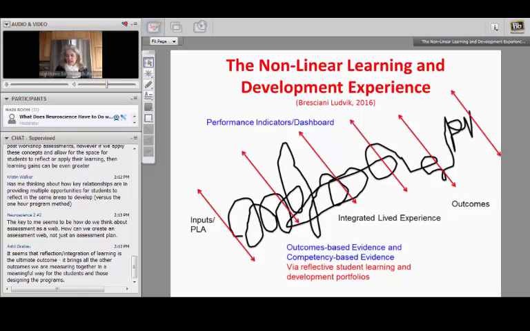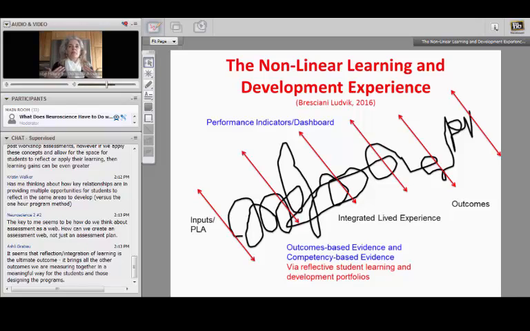I think this is not likely the answer to that question, Gavin, and I want to invite our colleagues on here to respond as well to all of this. But I do think I come back to the reflective student learning and development program, and the reason I do that is because